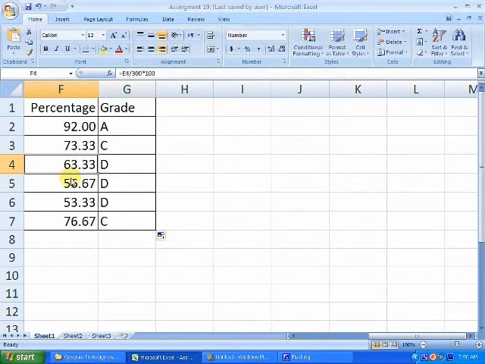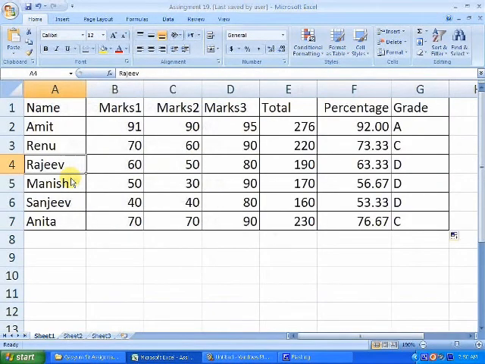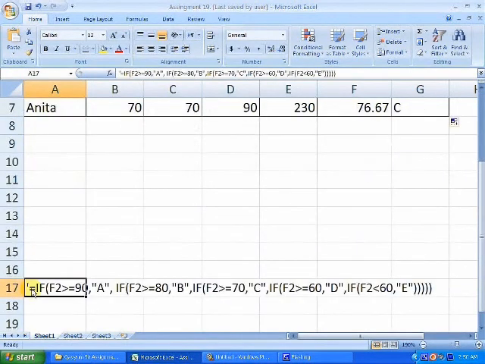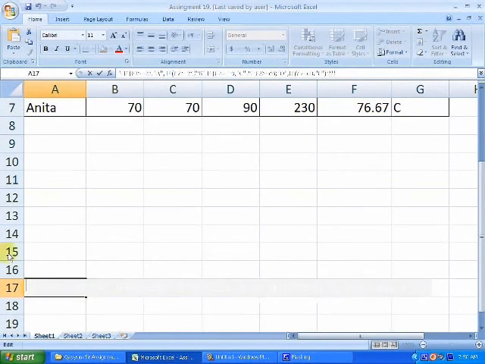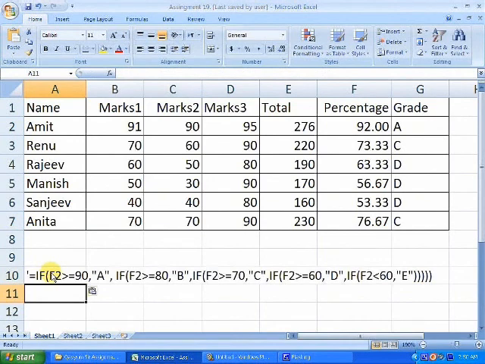So this function, you need to remember the function. What I will do, I will copy this function here once again, so that you can write it down. I will paste it here. So this is the function which I used to calculate the grade.